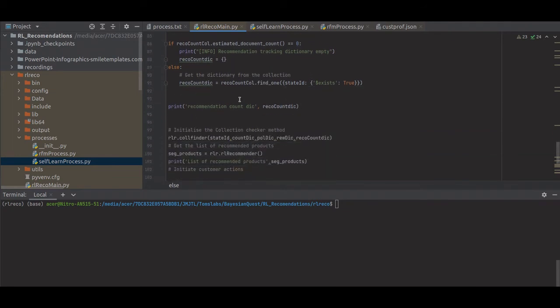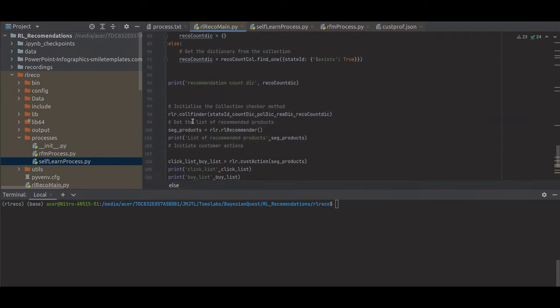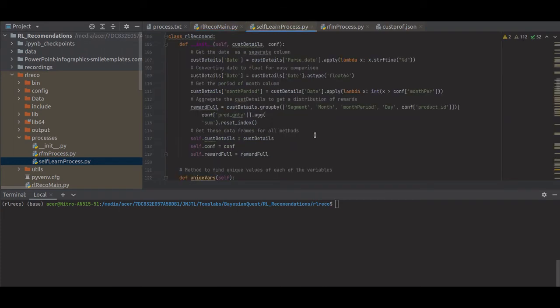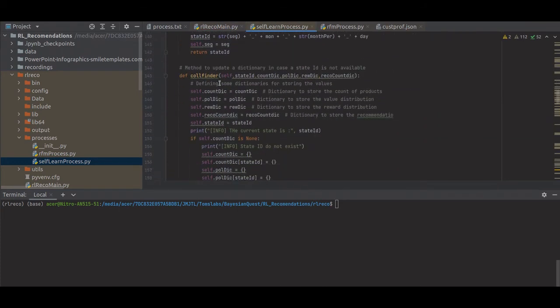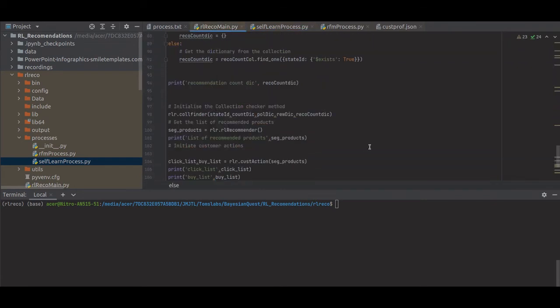So now we have already got all the dictionaries which we want: the count dictionary, policy dictionary, reward dictionary, and the recommendation count dictionaries. Now the first thing is to initialize these collections using the collection checker method. We said that if the state ID does not exist, we need to initialize that state ID. That's done through the collection finder method in the RL recommend class.